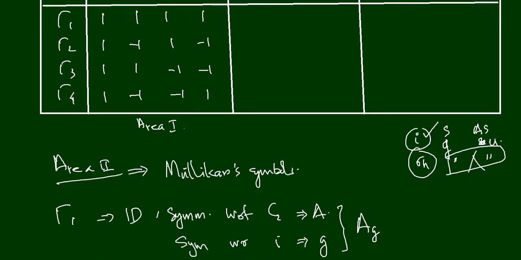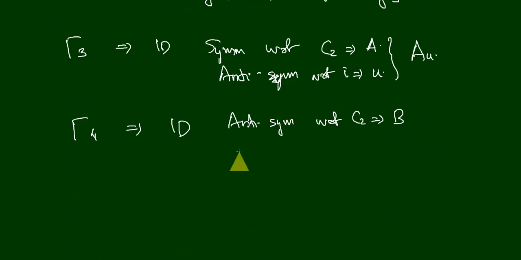Therefore, it is U. Anti-symmetric with respect to I. Therefore, it is subscript U. So, together you have the BU symbol. Okay. So, the symbols are